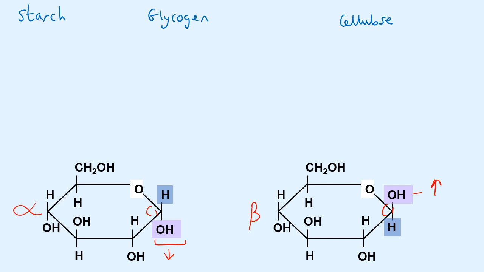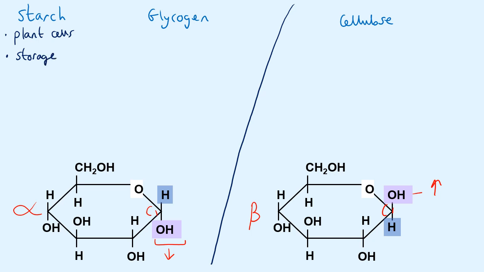And this slight difference in the position of a hydroxyl group has a massive difference on the structure that the polysaccharides become. If we divide it up like this, cellulose is made up of beta glucose, while starch and glycogen are made up of alpha glucose molecules joined together. If we summarize what we're going to be talking about, starch is in plant cells, so plant cells only. It is for storage of energy,